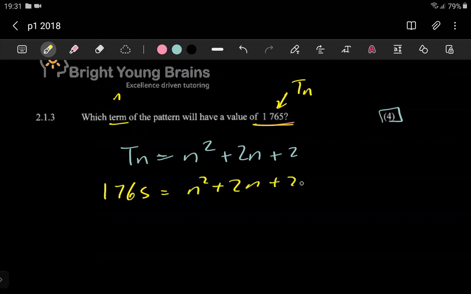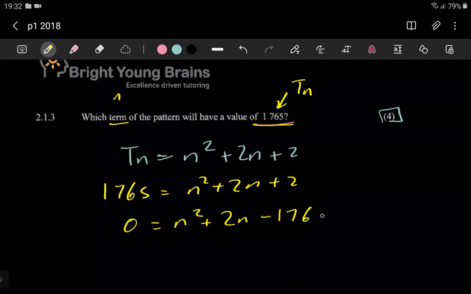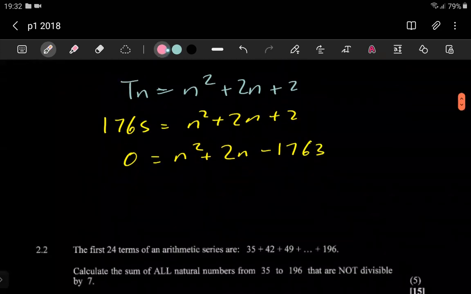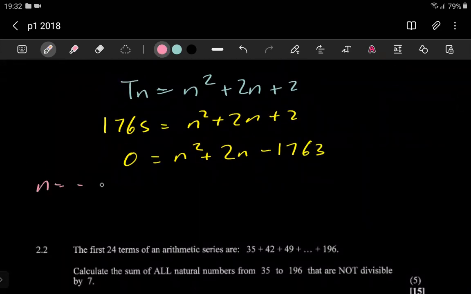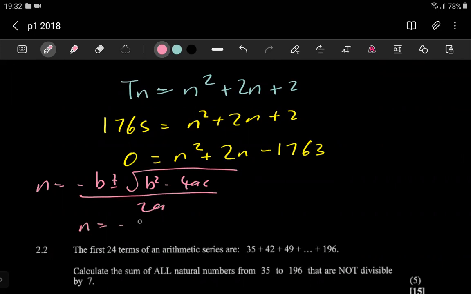And solving for n here is just the quadratic formula. So you're getting 4 marks for using the quadratic formula, which is nice. You see, 2 minus this number is going to give you 1763. So let's put this in the quadratic formula first. Minus b plus or minus the square root of b squared minus 4ac, all over 2a. Here, a is 1, c is this number,